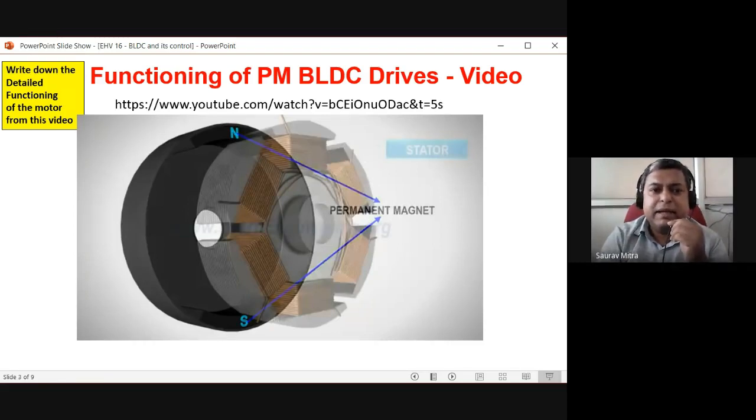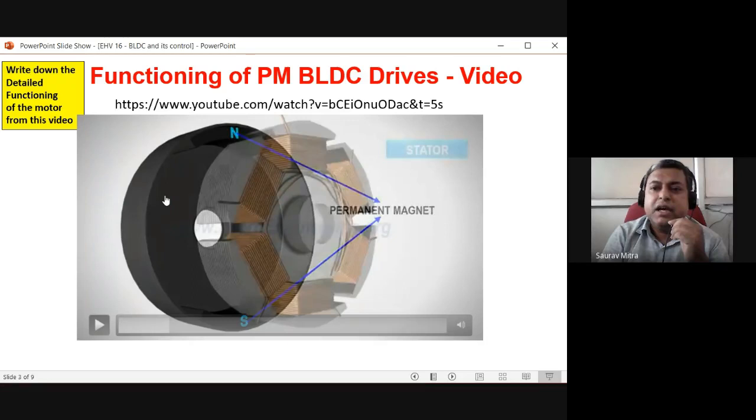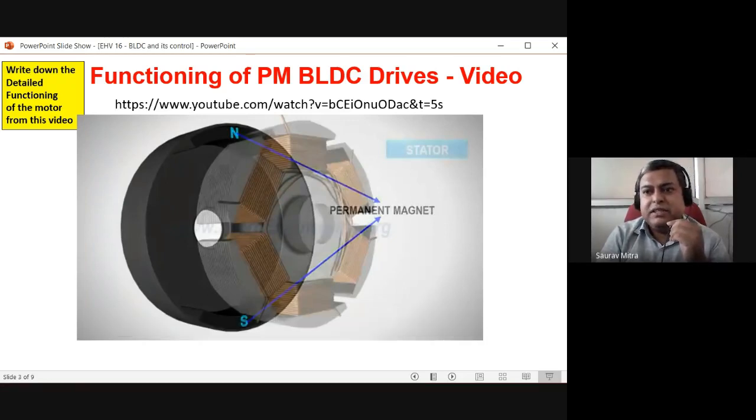You can see in the back side, this is the black north and south. It is a permanent magnet which is kept on the rotating part. So this black thing at the back rotates, and it is holding the field. So here it is a rotating field and a static armature. The armature in this case is static, and the field is rotating. These are the very big features of the PM BLDC motor, and see this video repeatedly.